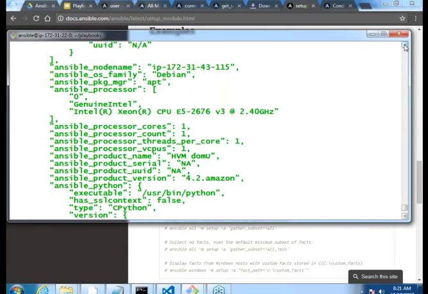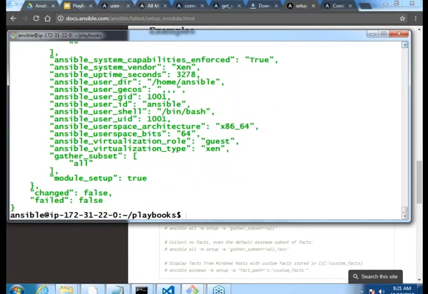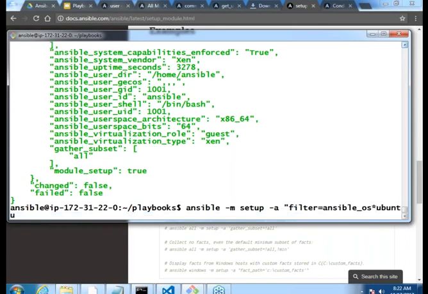Because I want to generalize. But if you want to get the operating system's name, you can also get that. You have to find the equivalent property for that. If you are not interested in getting all of these things, you can just pass the -a argument, and filter equals ansible_os_*.